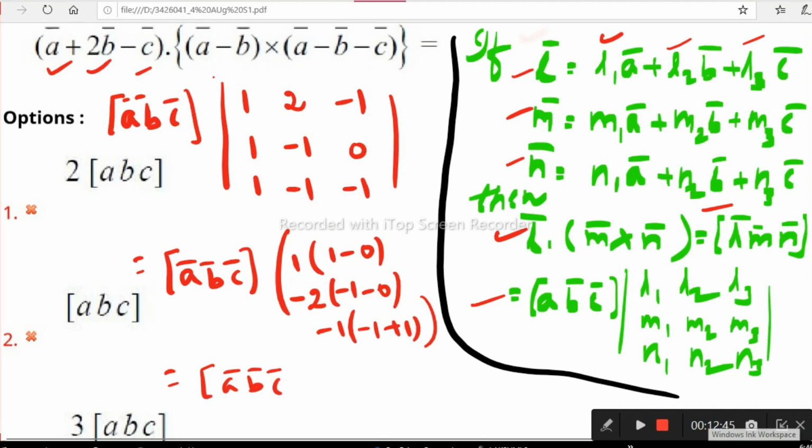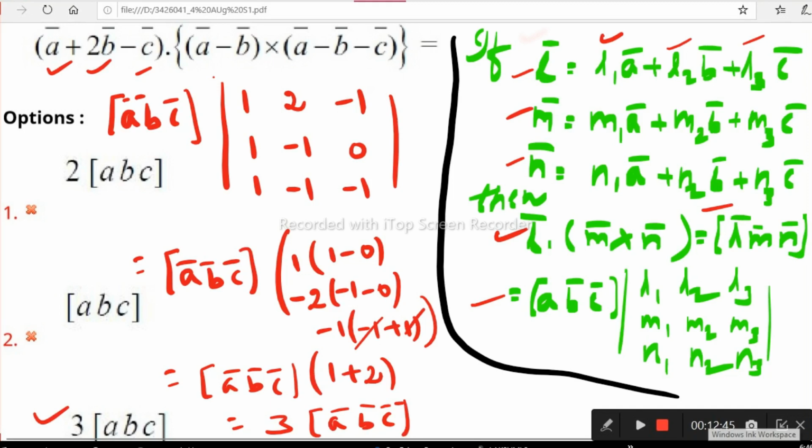Right, now what is the determinant simplification? 1 into (1 × 1 − (−2 × −1)) is plus 2. The last element becomes 0 because these two get cancelled. 1 plus 2 is 3. That is 3 times box ABC. You can get that simply as the determinant of the quotients and box ABC. That's it, guys, very simple. So what is given as the third option? Box 3 times box ABC. Now, that is the only correct option, right?